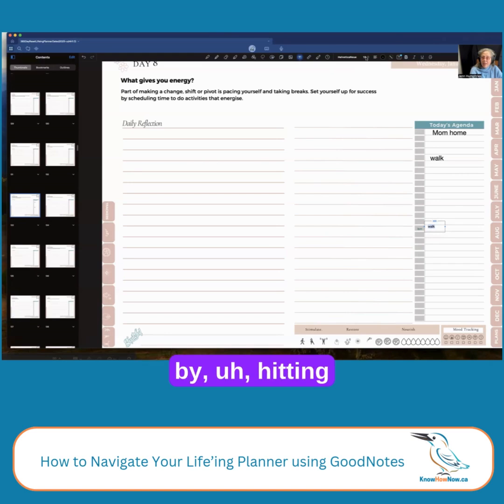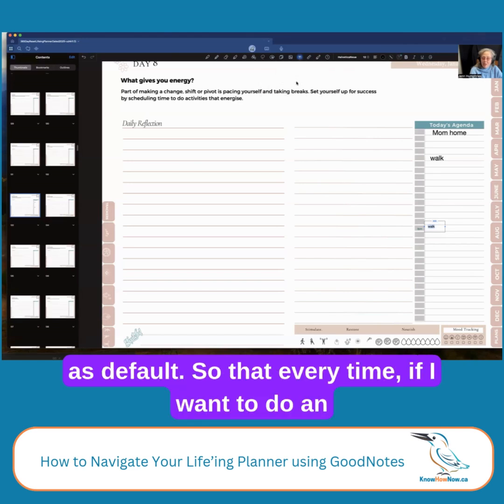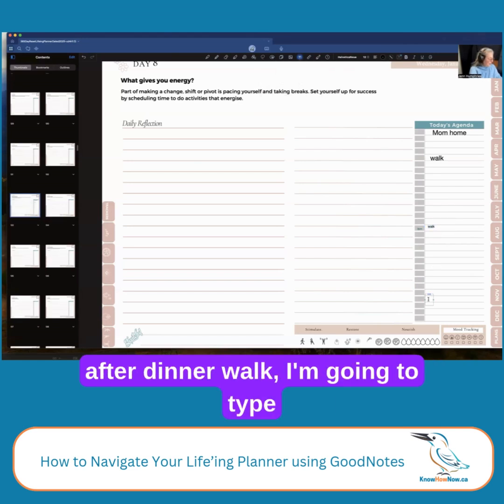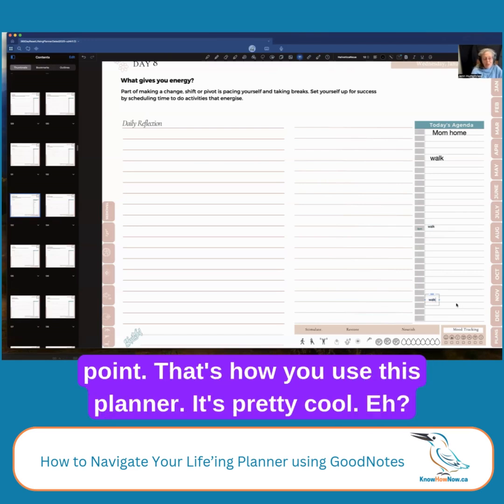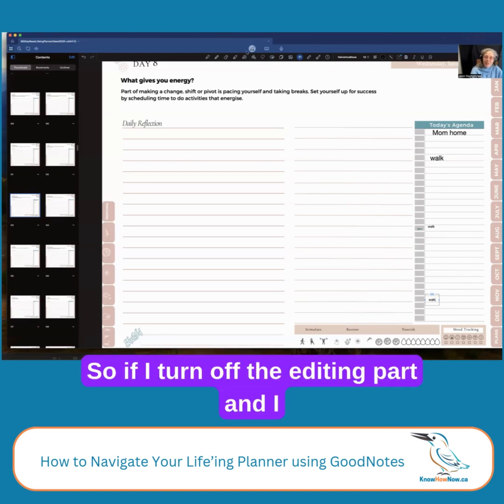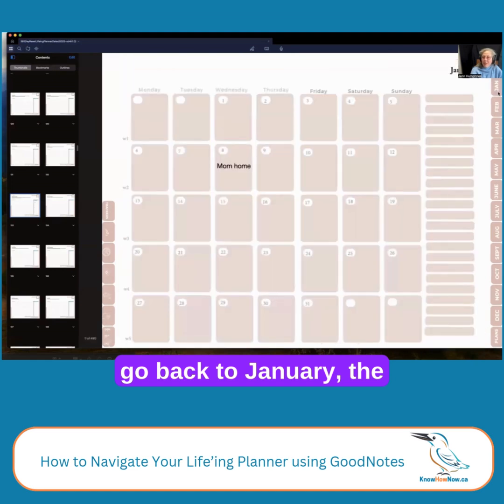And I would do that by hitting the text twice and going save as default so that every time if I want to do an after dinner walk, I'm going to type that in. I could have copied it, but see, it came back at 12 point. That's how you use this planner. It's pretty cool, eh? So if I turn off the editing part and I go back to January, the month,